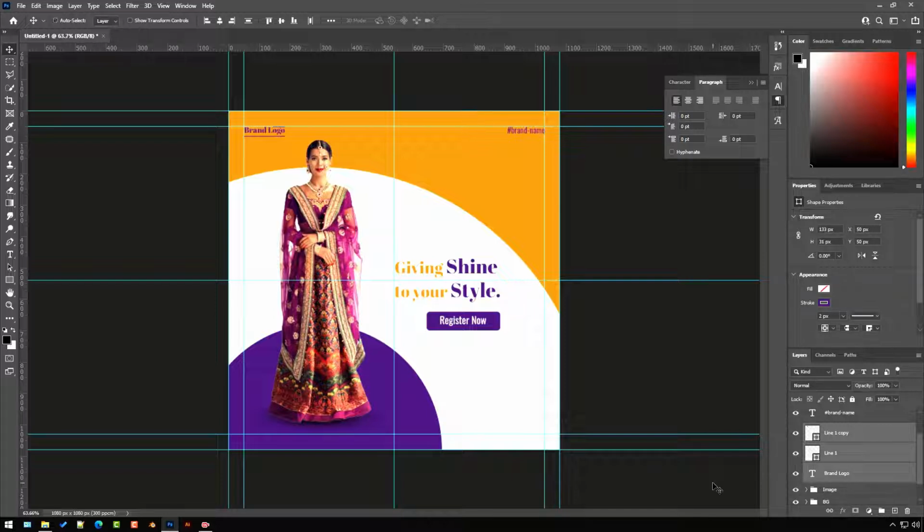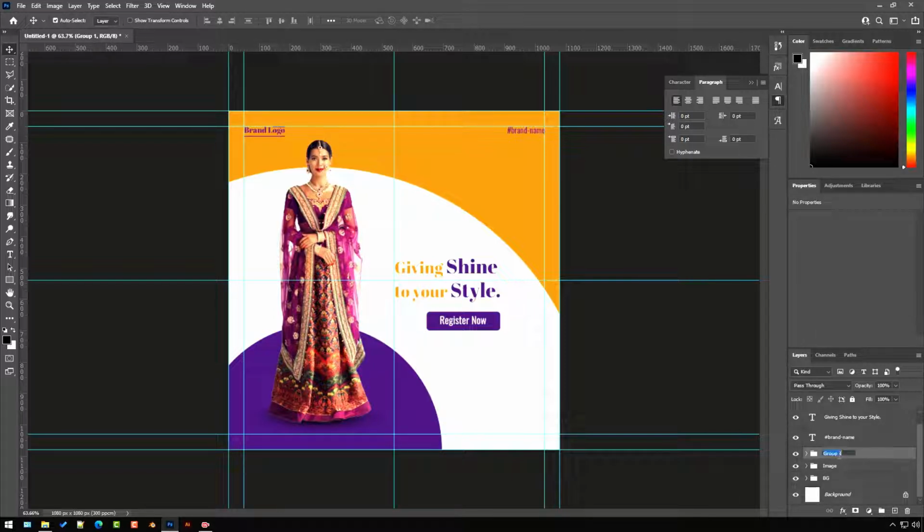I select the 3 layers used to create the logo, group them and rename it as logo.